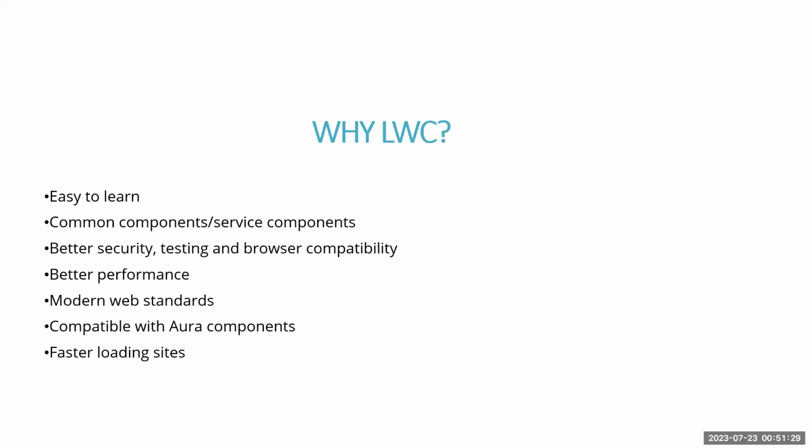Okay, तो Aura कंपोनेंट में कुछ चीजें ऐसी हैं जो हम नहीं कर सकते, मतलब कर तो सब कुछ सकते हैं, बट बेसिकली कुछ चीजें आप कह सकते हो कि बहुत कॉम्प्लिकेटेड हो जाता है, जो LWC में बहुत इजीली हो सकता है। बट कुछ चीजें ऐसी हैं जो LWC में नहीं हो सकतीं, या बहुत ज्यादा कॉम्प्लेक्स हो जाती हैं और Aura में इजीली हो जाती हैं। बट यू कैन यूज बोथ कॉम्बिनेशन। आप Aura भी यूज कर सकते हो, LWC भी यूज कर सकते हो, और Aura LWC दोनों यूज कर सकते हो। मतलब एक Aura कंपोनेंट बना के उसमें LWC अपना कंपोनेंट कॉल करके यूज कर सकते हो। ओके, फास्टर लोडिंग साइट।